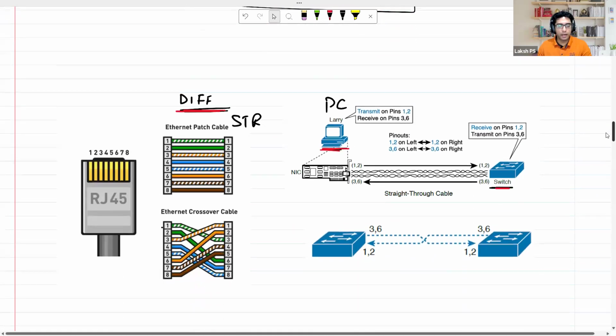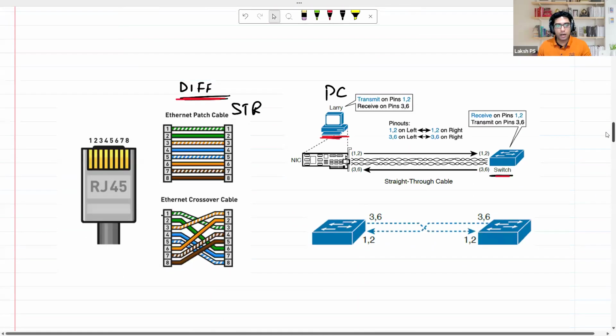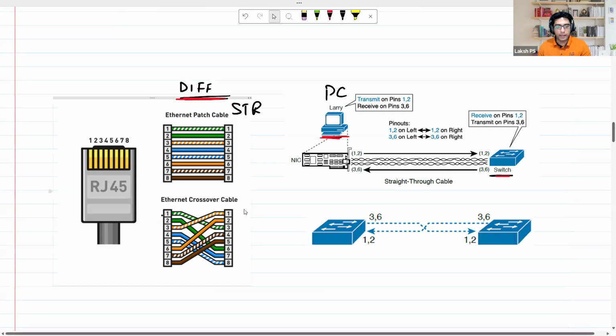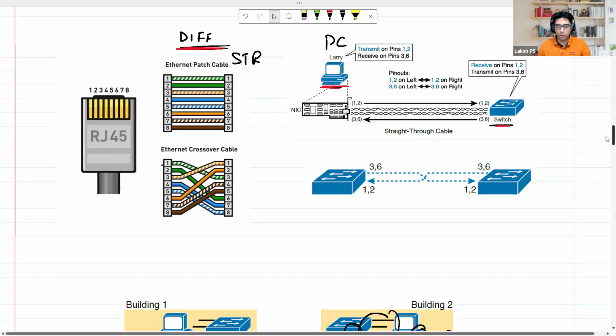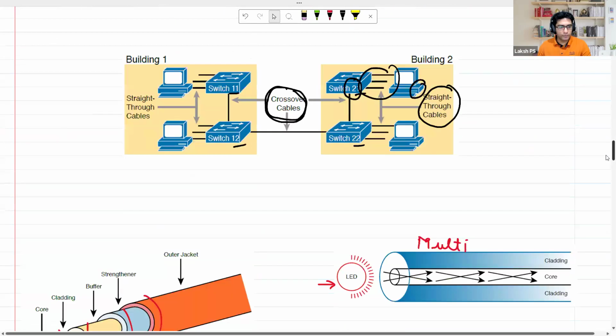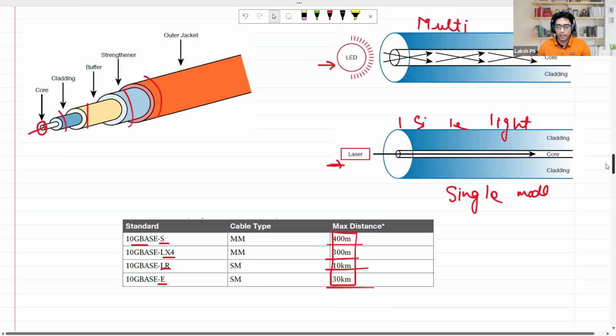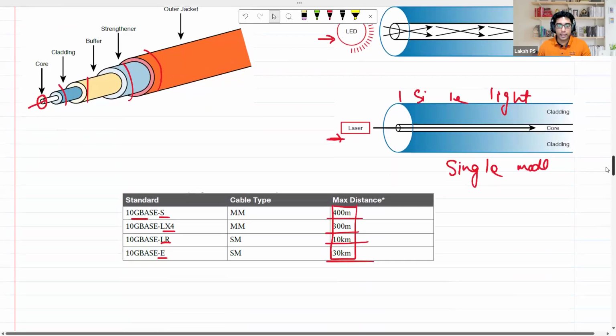And then we saw the difference between an RJ45 straight through cable and an RJ45 crossover cable. So if we are connecting two different devices, we use a straight through cable, and if you're connecting two similar devices, we use an Ethernet crossover cable. Right? We saw this yesterday,